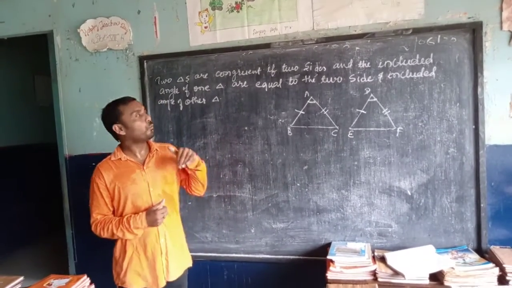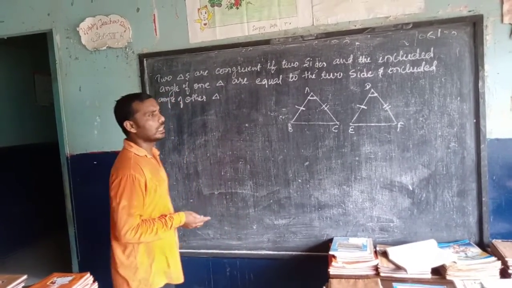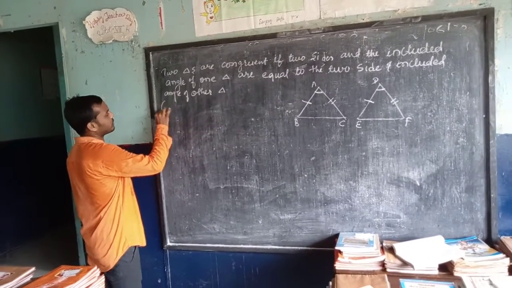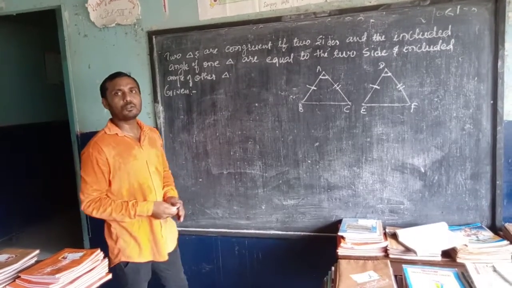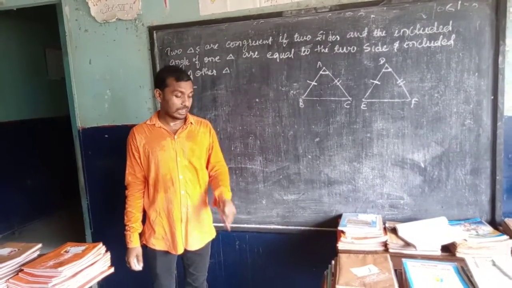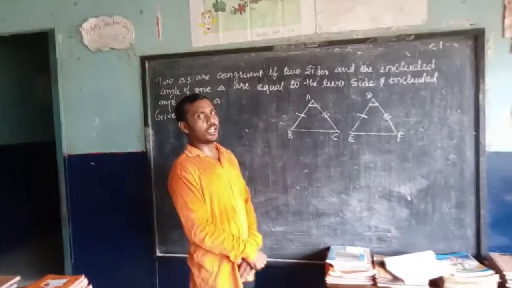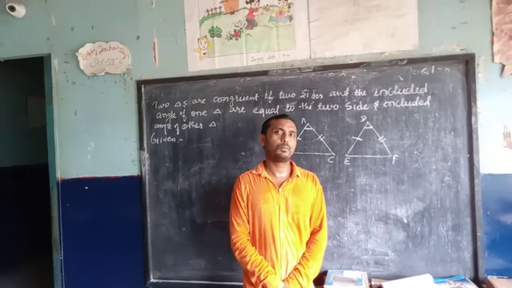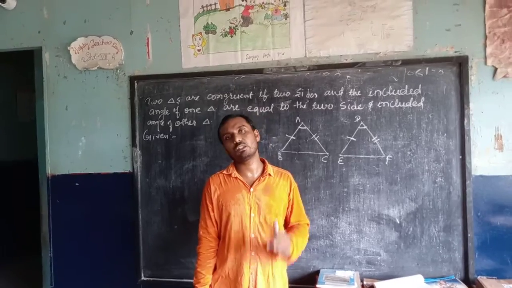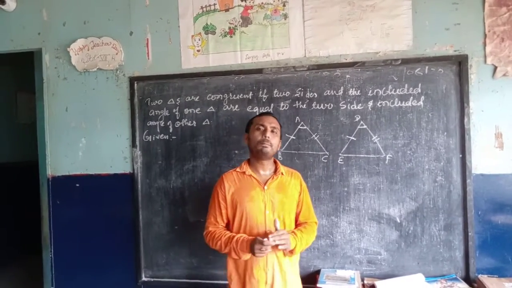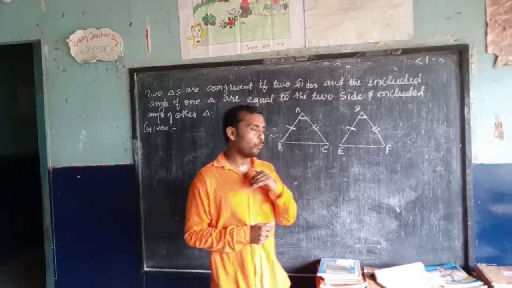Okay, so we have to prove it. How will we prove it? Students, for any proof, first of all we have to write the given, then we write what is to prove, and then we write the construction if it's required, and then we go to the proof. I have already told you that in this theorem we have a statemental proof, meaning we just have to write it in a well defined manner. How we will see it.